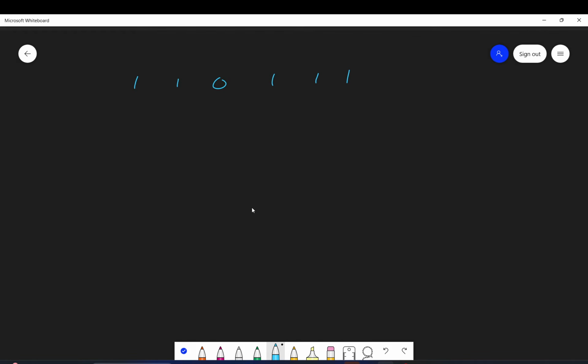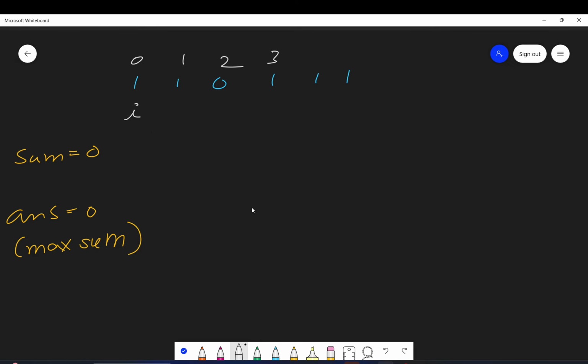I will take a variable which will store the sum, initialized to 0, and I will take a variable answer which will store the maximum sum, because that maximum sum will be the maximum number of consecutive ones. Initially it will be 0. Okay. Let's do the iteration. You will understand, don't worry. So you start from here.